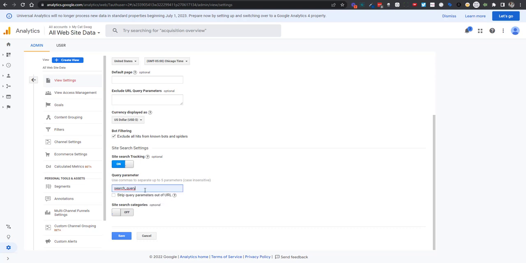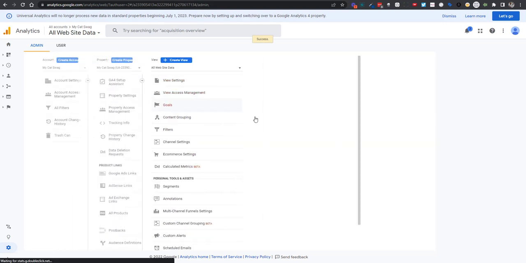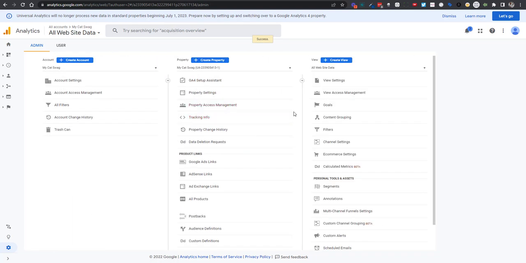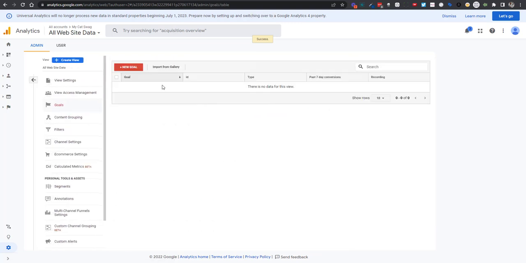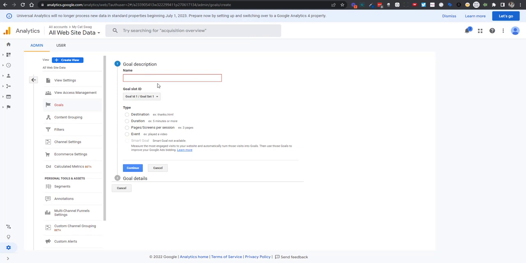This is what it looks like in your GrooveKart store in the URL when people search for something. All right. And then we're going to hit save. Okay. And so now let's go back. And now if you want to do one more thing, you can go to goals and we can create goals. So we can go ahead and do that if you're shooting for a goal of, let's say, add to cart,